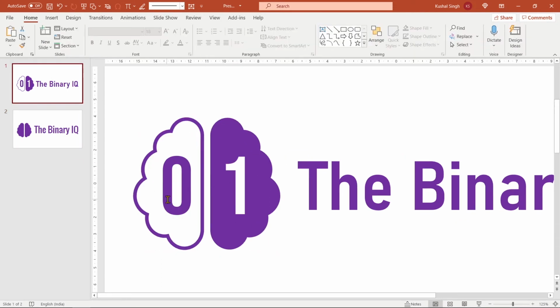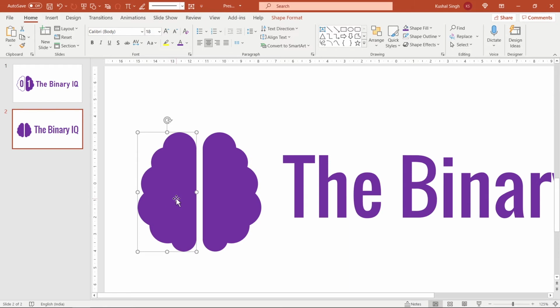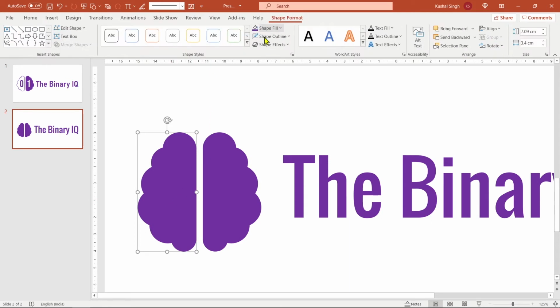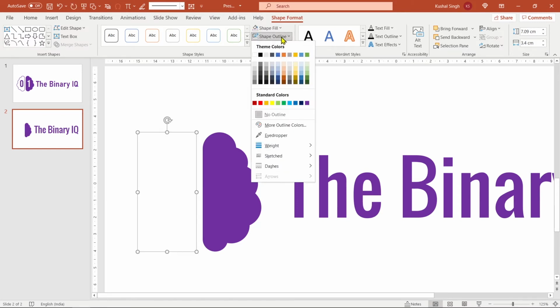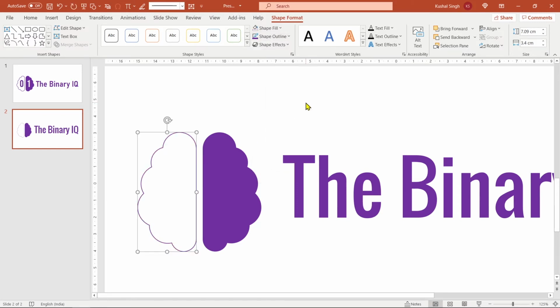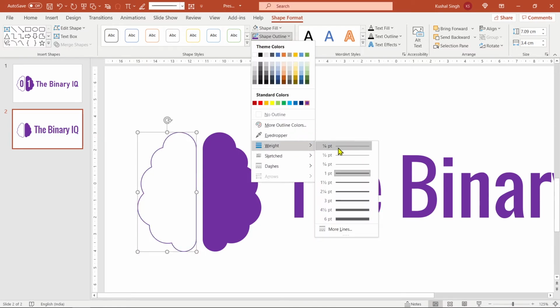In the example above, you can see my first shape has an outline with no fill. The second shape has just the fill. So I'll do that. With the left side selected, I'll go inside shape format again, go inside shape fill and select no fill. Inside shape outline, I'll select the outline color to be purple. However, this is very thin right now, so I'll increase the size, go inside shape outline again, go inside weights, increase it to say 6.